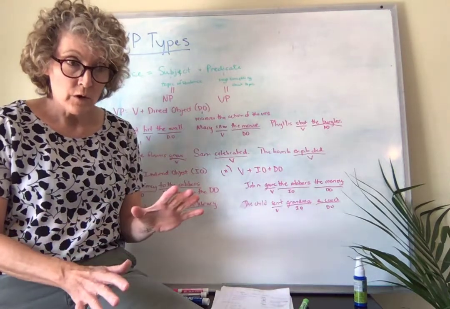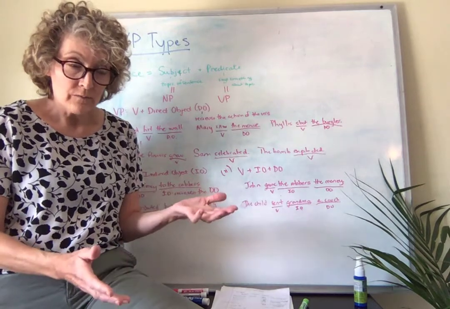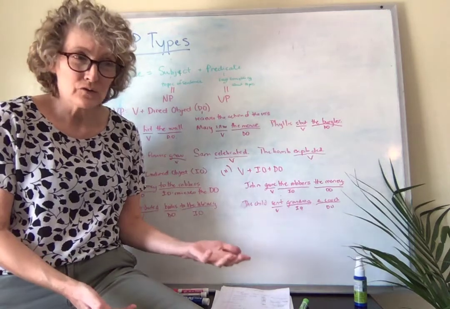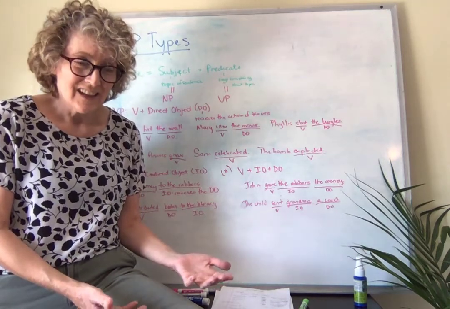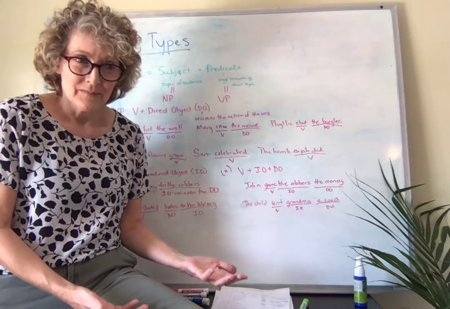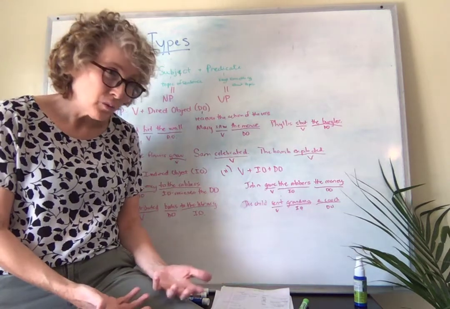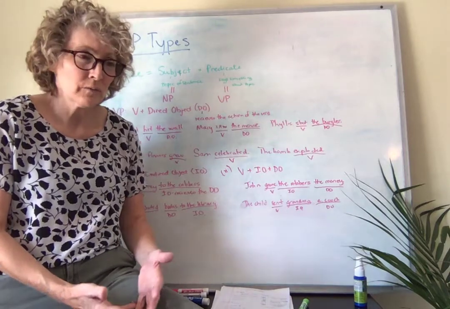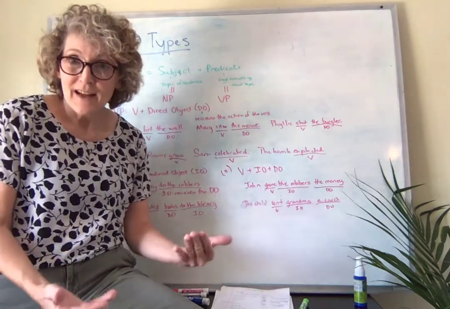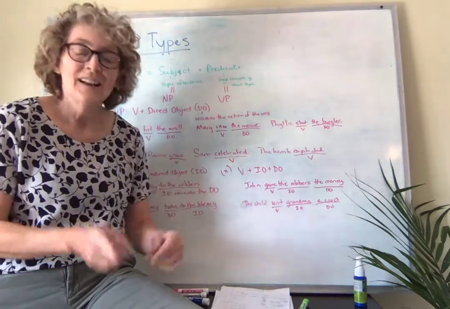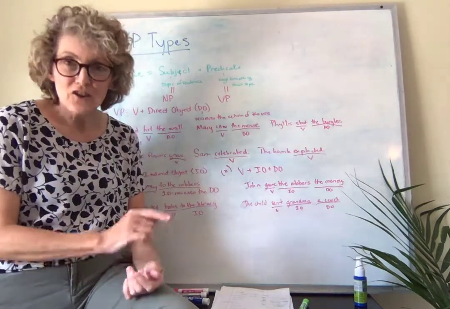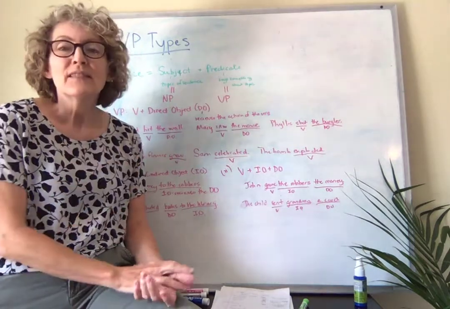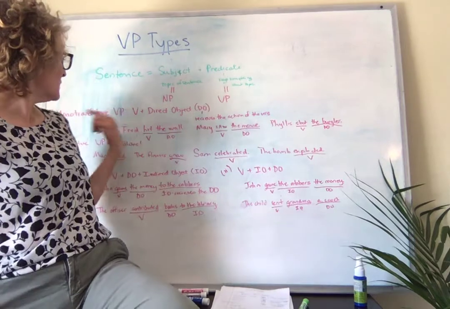We find them everywhere. However, this course would be so boring if we only had monotransitive verb phrases. And how boring English would be if we didn't have any other way of expressing the verb phrase, right? No fun whatsoever. So in fact, I have good news. Monotransitives are not all there is. We also have intransitives. So that's going to be our second group.